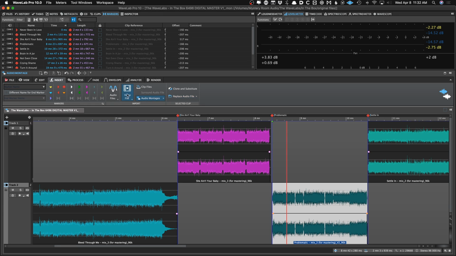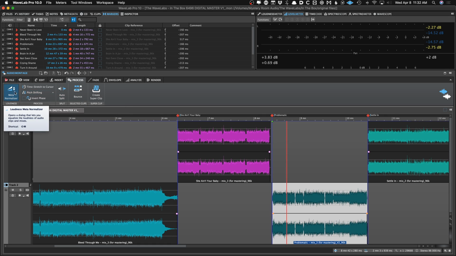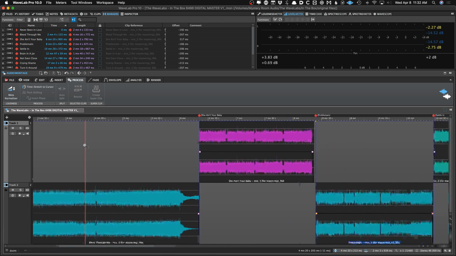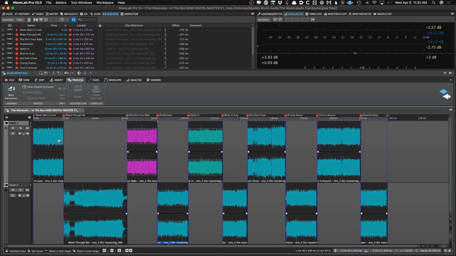So that's the last thing I'll show you in the Insert tab. Process. There's not a whole lot I do in here, especially for a basic video, but WaveLab does have a great thing called the Meta Normalizer, which I'm going to get to in just a moment, that allows you to normalize non-destructively all these clips to a certain level. And that's really useful for getting started with